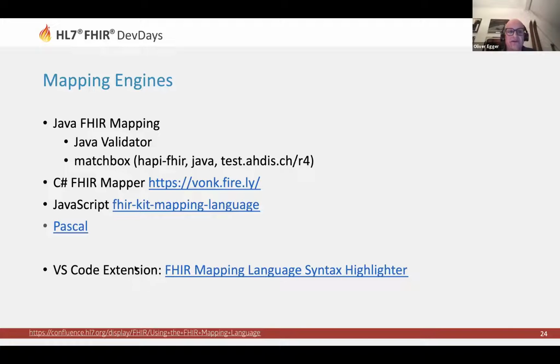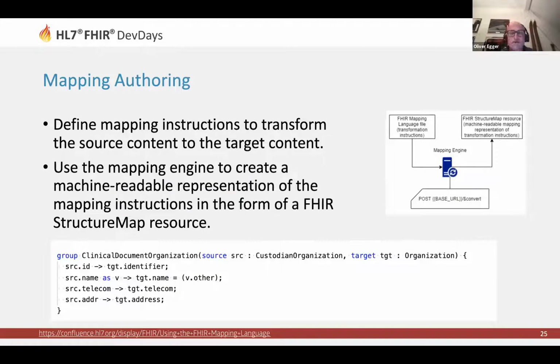There is a VS Code extension, also from Helix, that gives you a nice visual representation, so you have to author these maps. What you see here on the bottom is a very basic part of a map of this FHIR mapping language. You define groups where you define the mapping from a source to a target. This would be here the source, which is the organization in the CDA world, and the target, which is the organization in the FHIR world. And then you define